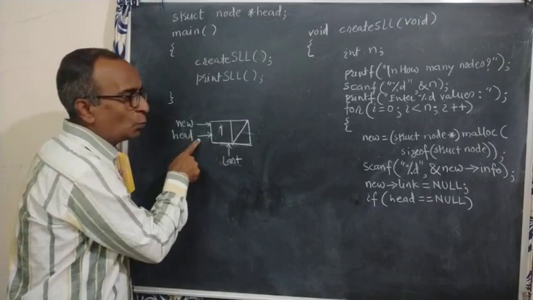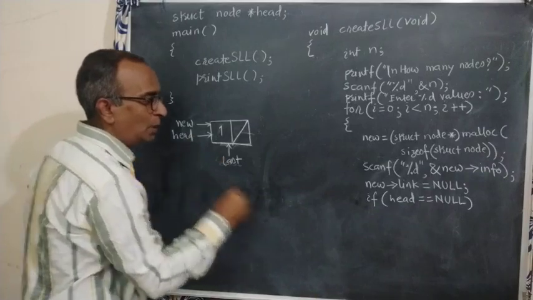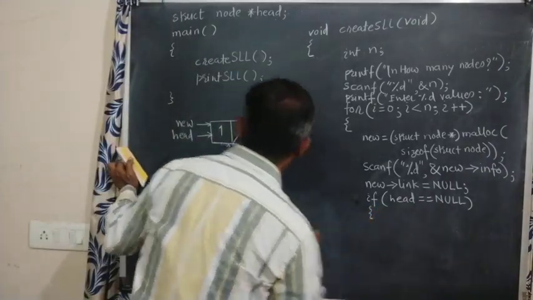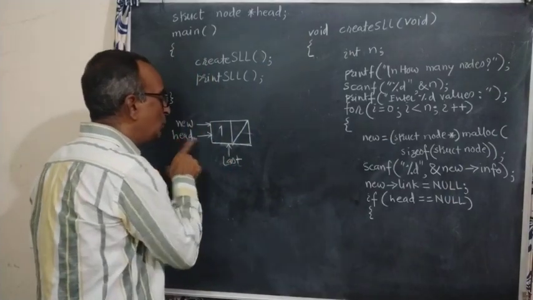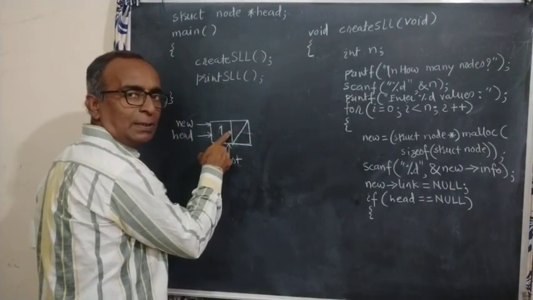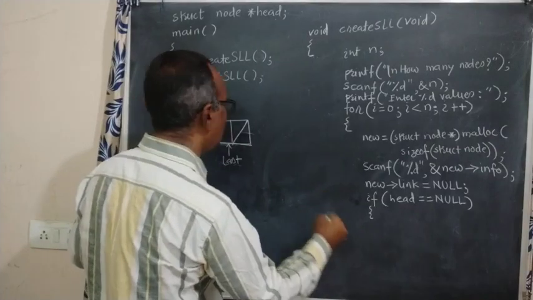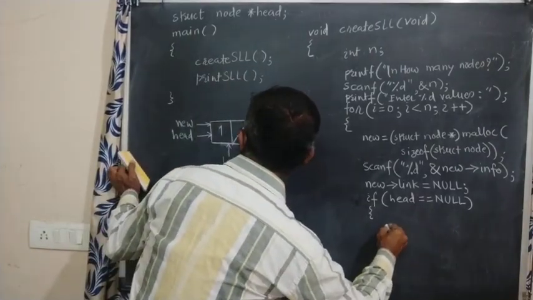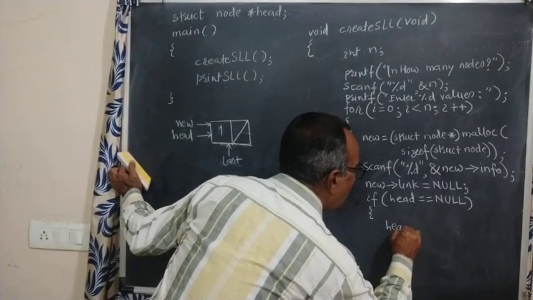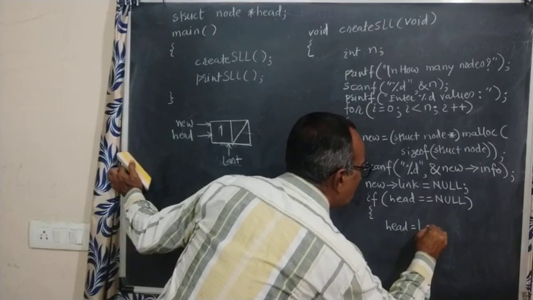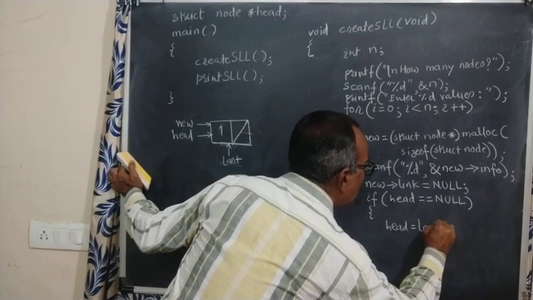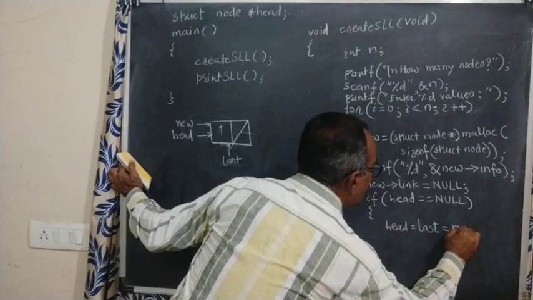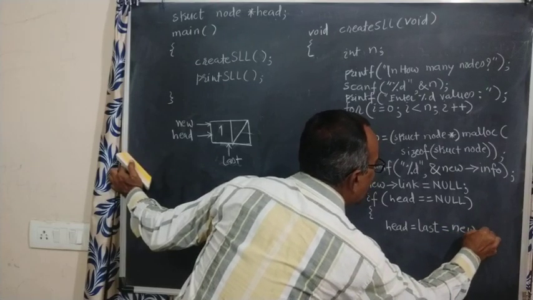So if you are setting this, both these pointers will point to this when it is first. So directly you can write what you are setting: head is given, last is given this new. This way you can write,